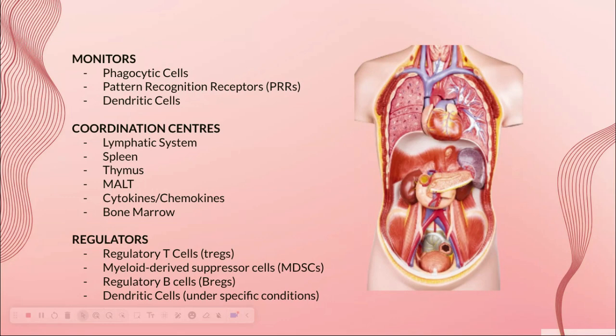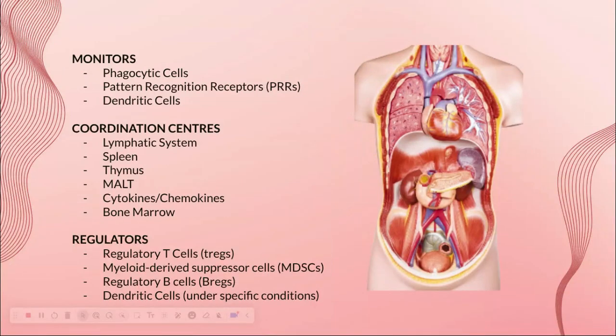The thymus also acts as a specialized coordinating center during T cell development, ensuring that T cells recognize foreign antigens but not the body's own tissues. Additionally, the bone marrow produces all immune cells, providing the raw materials for both innate and adaptive immunity. Together, these coordinating centers ensure that the immune cells interact effectively, respond appropriately to threats, and maintain overall immune balance, or homeostasis. And going into the regulators, regulatory cells are essential components of the immune system that maintain its balance